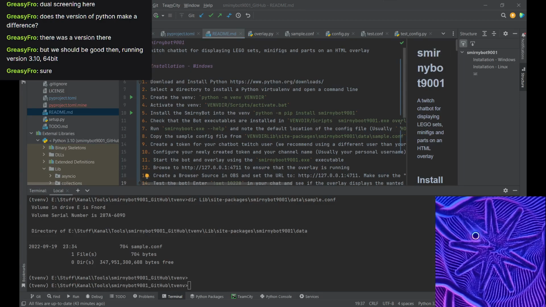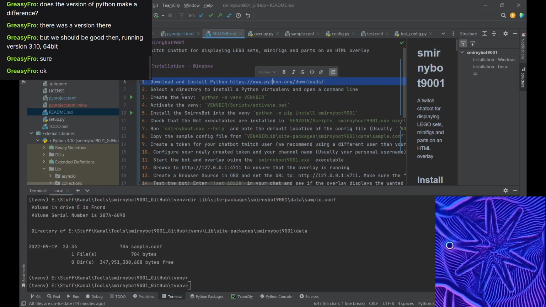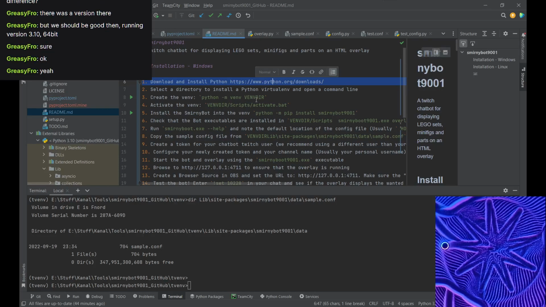Okay, so you could stream what you do, or you could simply talk, paste the errors that you see. But maybe we should simply take these steps here step by step and see what's happening on your side. So you already downloaded the Python and installed it. And the next step is to choose an installation directory, doesn't matter where it is, and create this virtual env.